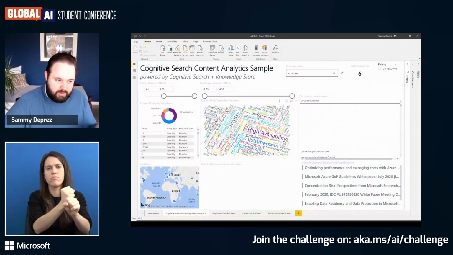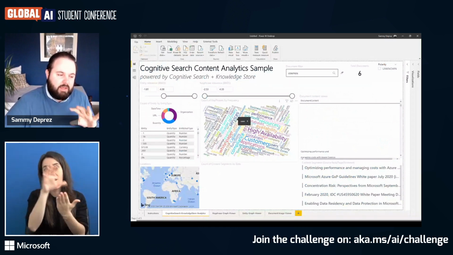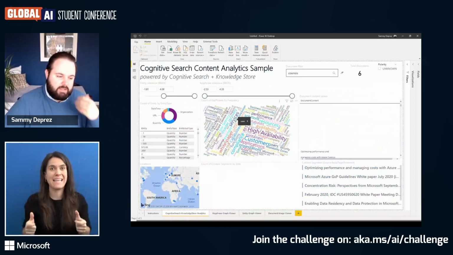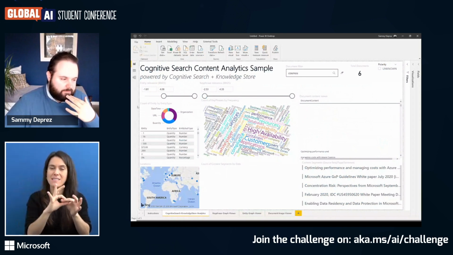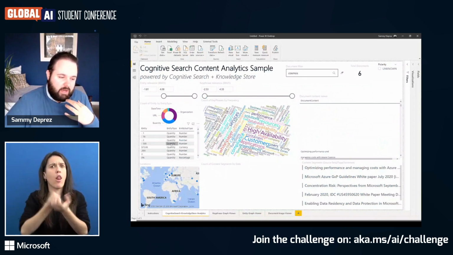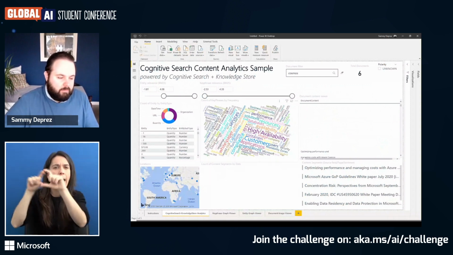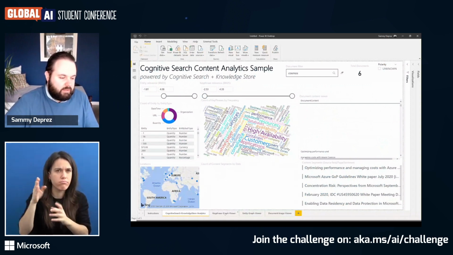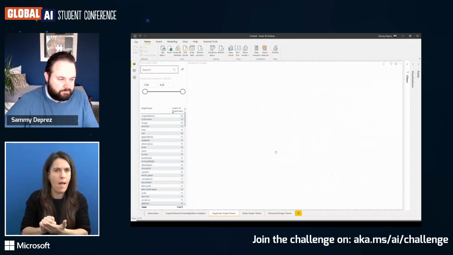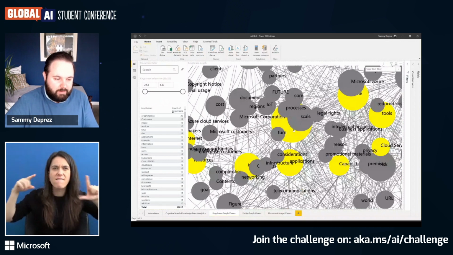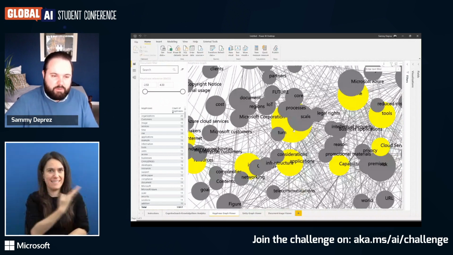So there's a free template by Microsoft that can connect to your knowledge base and give you already a lot of information. So here we see the different kinds of entities that are recognized, getting nice key graph views also to get more information out of your data.